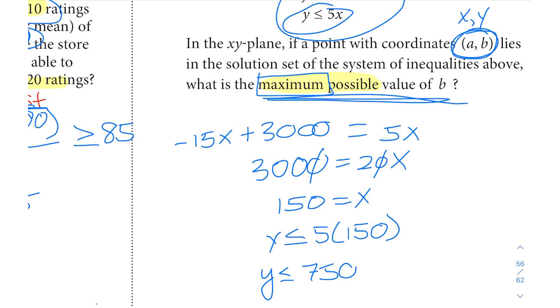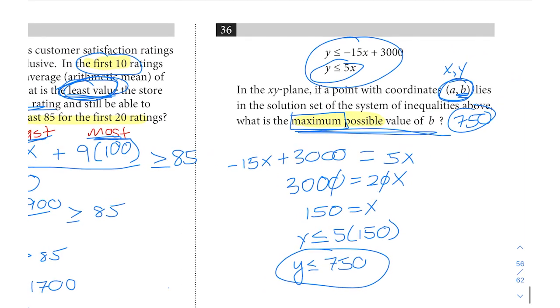And remember, we're looking for the maximum possible value. So sure, y could be 0. That's less than or equal to 750. y could be 17. y could be 263. But the maximum possible value for y, which is represented by b in our coordinate here, so the maximum possible value for b is going to be 750. And we can bubble in